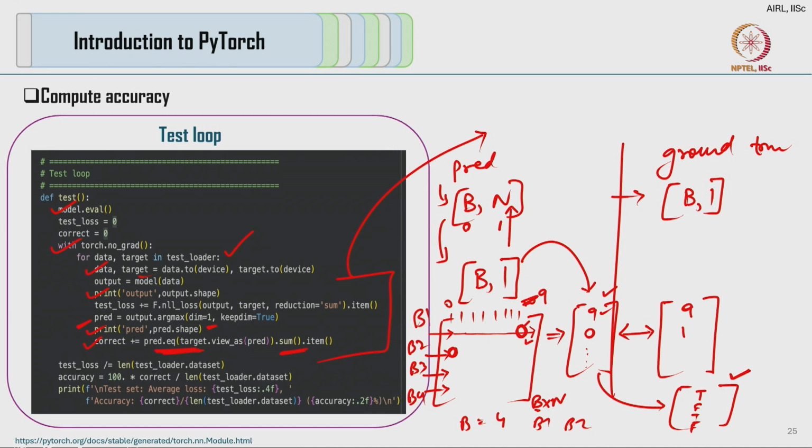Once we have the number of samples correctly predicted, we calculate the test accuracy, which is the number of correctly predicted samples upon the total number of samples in the test set, right. This is essentially how the operation is working. Okay. To summarize this particular tutorial,